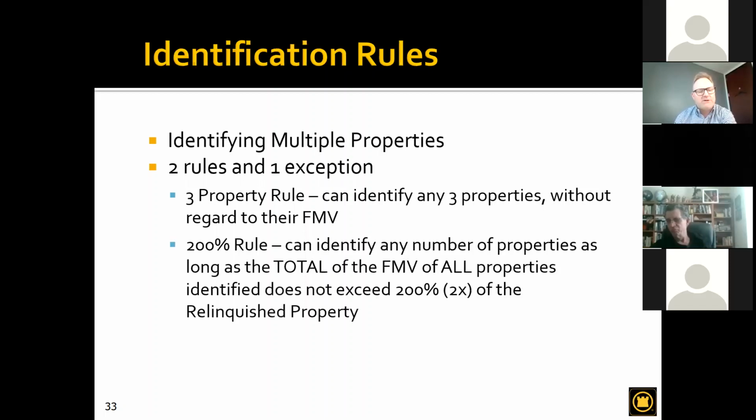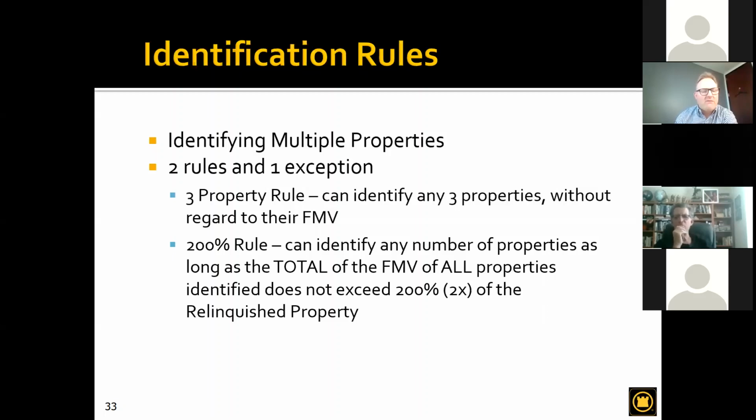Our second rule is what's known as the 200% rule, which is for investors that are looking to acquire more than 3 properties, and it allows them to identify twice the value of what they're selling. So if I was selling for $10 million and I wanted to diversify up and go buy 10 $1 million properties, I could use the 200% rule. I would sell my one $10 million property and I could identify 2 times the value of what I'm selling. So if I was selling for $10 million, I could identify up to $20 million worth of real estate to